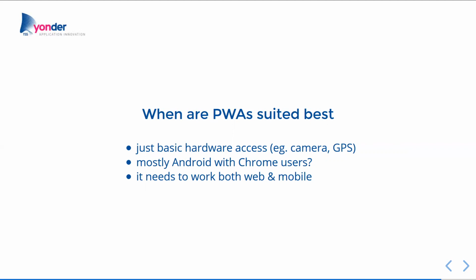If it needs to work both on web and mobile. Now, if you want the same app on both environments, this is practically where PWAs shine. It's the same code base that runs exactly the same on a mobile screen as it does on a desktop screen. The only thing that you need to look out for is to actually make it responsive. So practically, in a layout perspective, if you have two columns on a desktop, you're going to have just one column on a mobile because it won't fit. But this is something that you can do with CSS, and it's been done for many years now. If it needs to work offline,